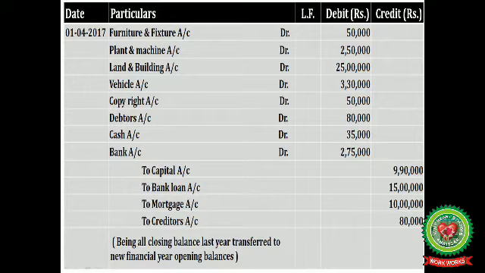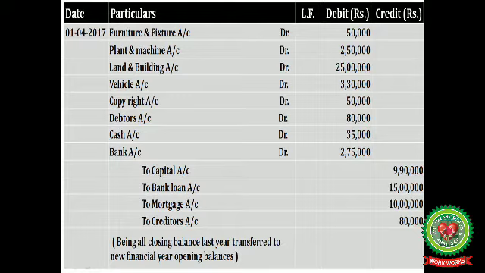Or you can write a very simple narration here, being opening journal entry past. But here you have to consider the totals of debit and your totals of credit should always be equal. Class, you have already done a few numericals in your online classes. Suppose if the capital is not given and your debit side is more but credit side is less, so we will balance the same by writing capital account. On the contrary, if credit side is more, debit side is less, to balance it we will write goodwill account.